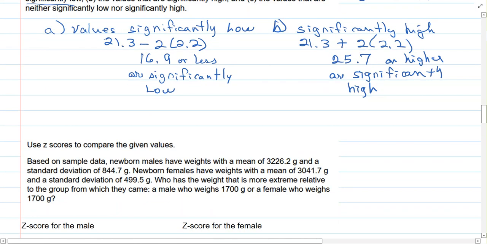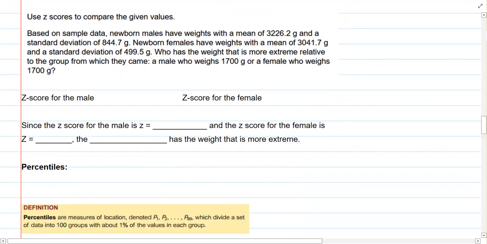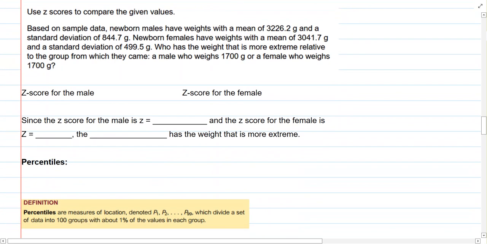All right, very good. These are, like I said, the Z-score section that culminates this particular study is pretty calm. So here we are. This is use of z-scores to compare the given values. So now we're calculating z-scores and then comparing them to evaluate some significance of some form, an inference of the material. Based on a sample data, newborn males weigh